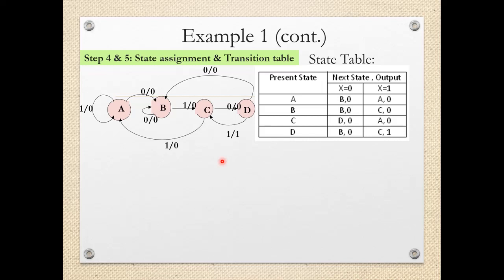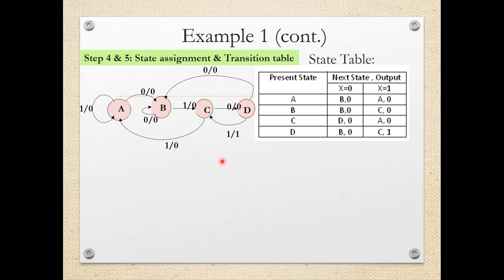Now these states need to be converted into binary code. While assigning binary code for a particular state, we have to remember that depending upon how many states there are, we decide how many bits of code will be sufficient. Here only 4 states are there. The relation is 2 raised to n equals the number of states, where n is the number of bits. So in our case, we will require 2 bits to assign the code for the 4 different states. So we can assign 00, 01, 10 and 11.